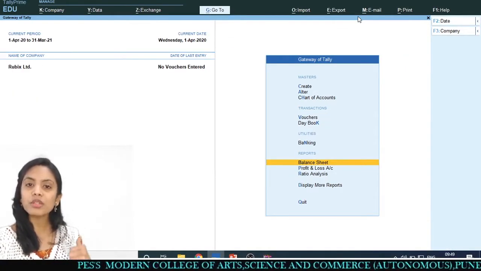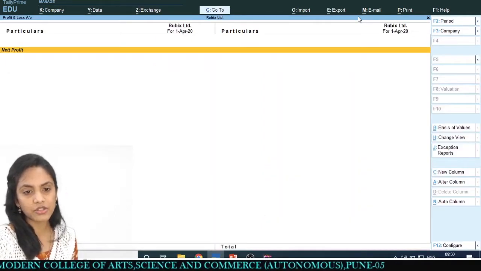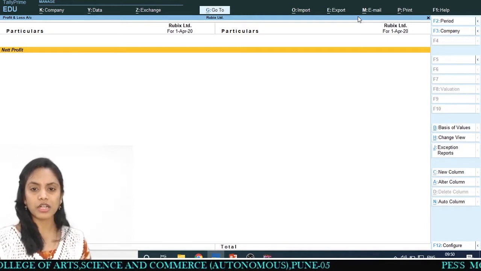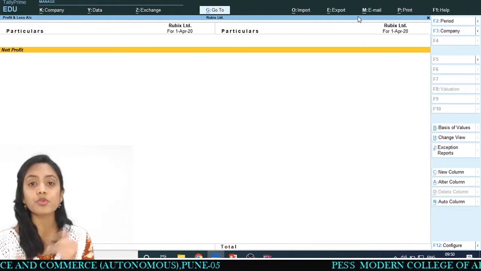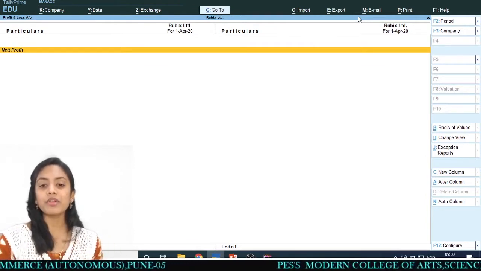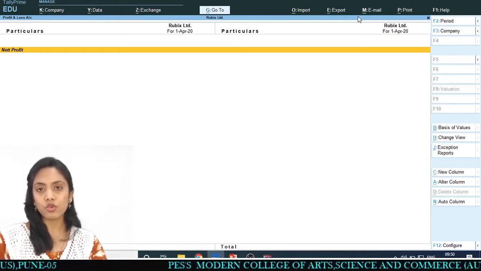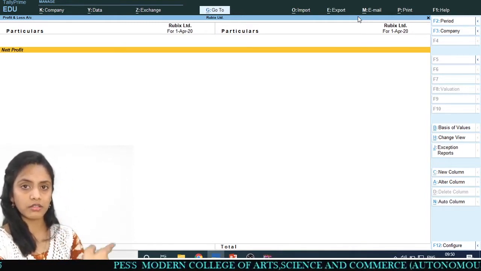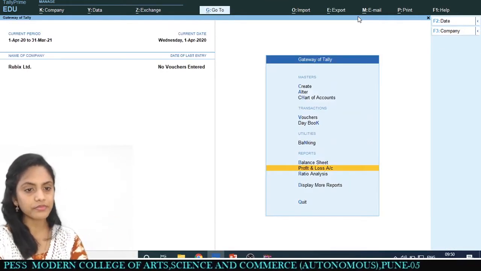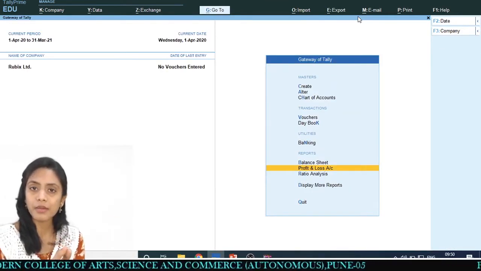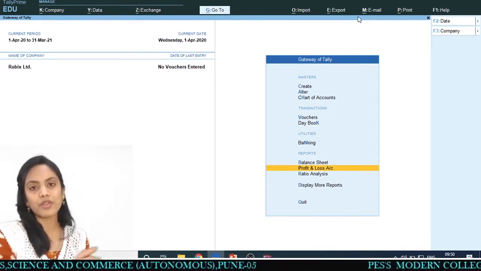Now we will go to the profit and loss account. I am going to the profit and loss account likewise. I am clicking enter, and this is the profit and loss account. There is only net profit. It means that there are no expenses and no income, so we have to create that. The profit and loss account always has incomes and expenses. To get out of this dialog box, we will press the escape button. By pressing the key escape, once again I'm telling you, you can get back to the previous window.